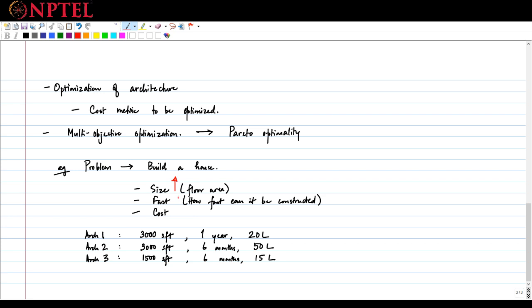On the other hand, I want it to get done as fast as possible, meaning that the time required for construction should be as low as possible. Similarly, I obviously want to keep the cost as low as possible. Which means that I now have a situation where, if I try comparing these three solutions, how do I do it? In terms of area,